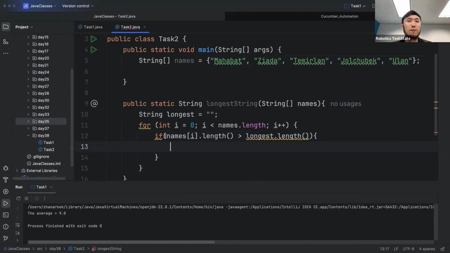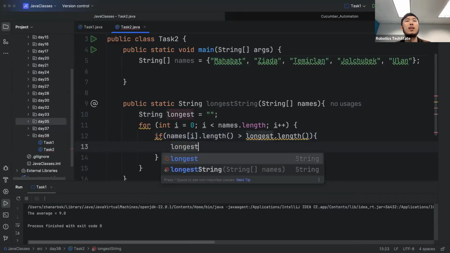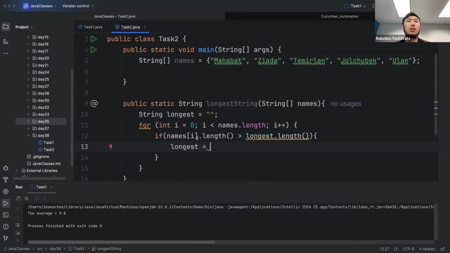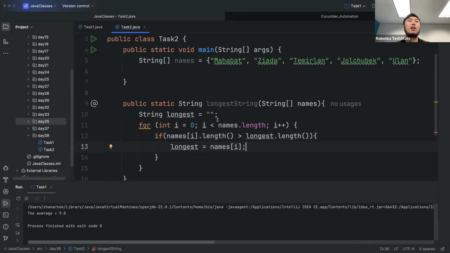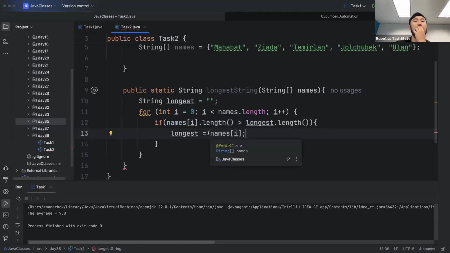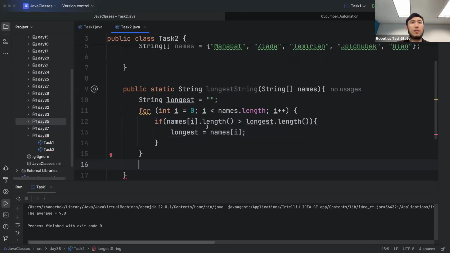So if we find that an element is longer than our longest, then we assign to the longest names i. Yeah, this is it. And then at the end, we return